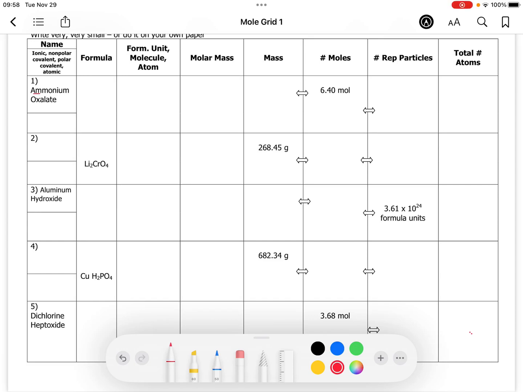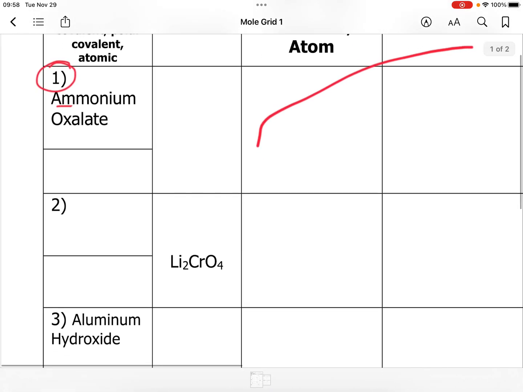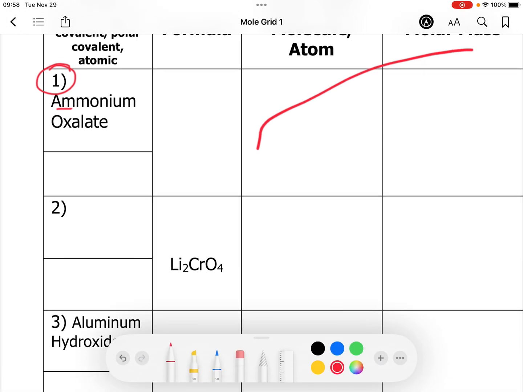This is the front of the grid worksheet, and I'm going to start with line number 1. I'm going to expand this so it's a little bigger here. And first we're going to write our formula for ammonium oxalate. Ammonium oxalate has a formula of